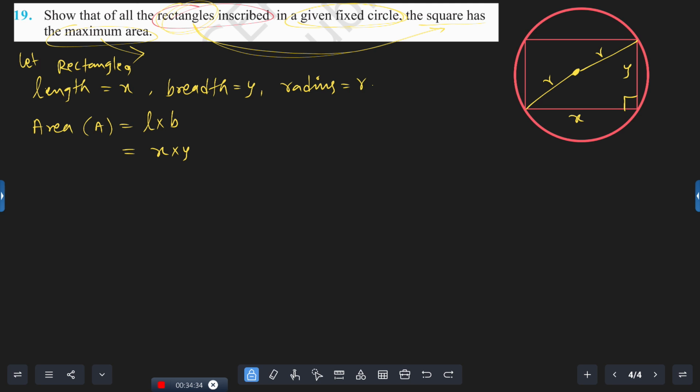Then what will the rectangle make? 90 degrees. The rectangle will make 90 degrees. Then surely this will be the hypotenuse. So take ABC. ABCD is a rectangle. In triangle ABC, where B is equal to 90 degrees, then by Pythagoras